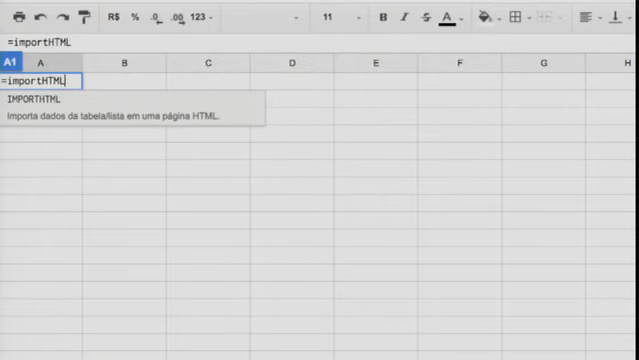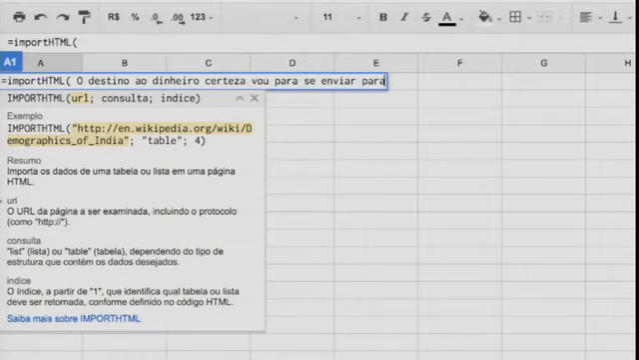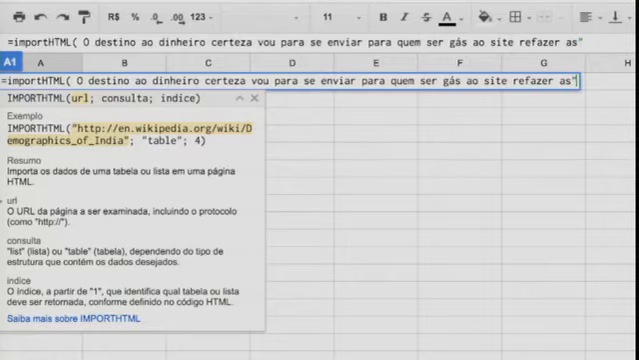HTML. Can you see it? Is it visible? Yeah? Can everybody see it? You guys in the back, can you see it? Yes? Outside, can you guys see it? Yes? Okay, cool. So we type import HTML, we open parentheses, and then